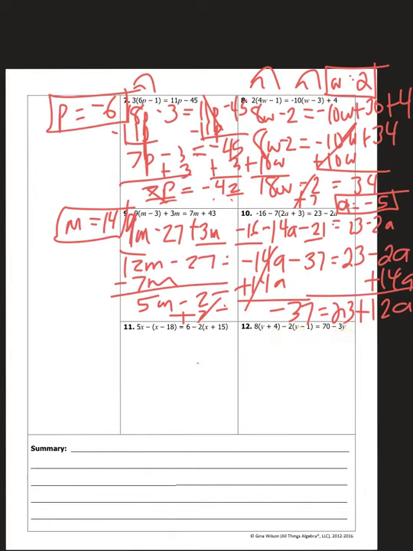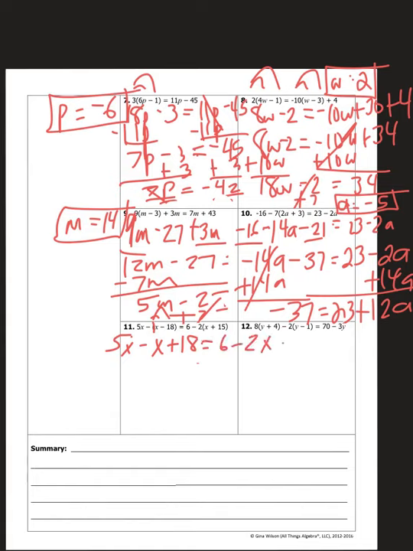Number 11. All right, we have a negative symbol, subtraction symbol in front of the parentheses. Remember, this is like having a negative 1 there, okay? So you have to distribute the negative 1 to everything inside the parentheses. So start out. This is going to be a long one. 5x minus x, because negative 1 times x is negative x. Negative 1 times negative 18 is positive 18, because a negative times a negative is a positive, equals 6 minus